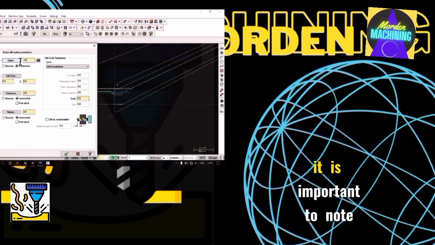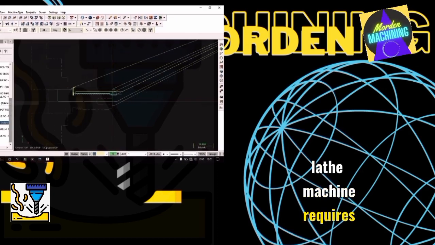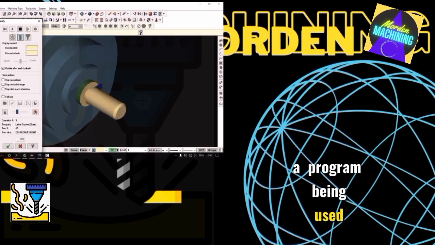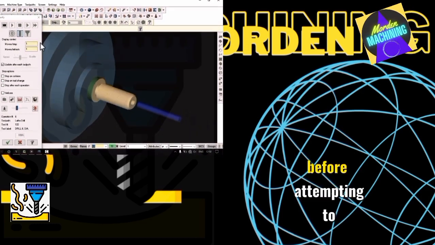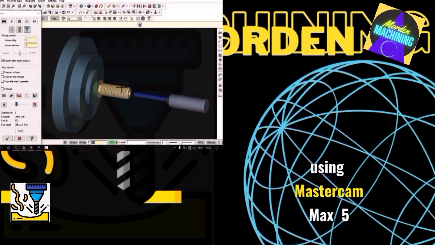G-code. It is important to note that programming a CNC lathe machine requires knowledge of both the machine and the software program being used. It is recommended that you receive training and practice before attempting to program a CNC lathe machine on your own. Using Mastercam X5,